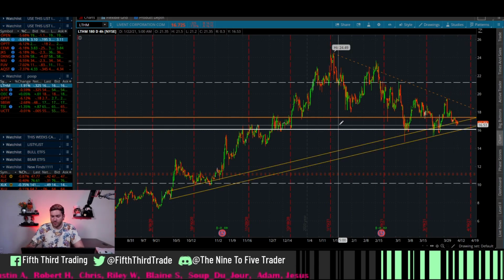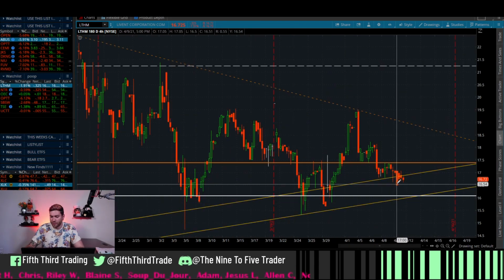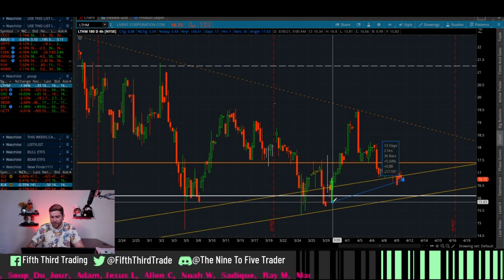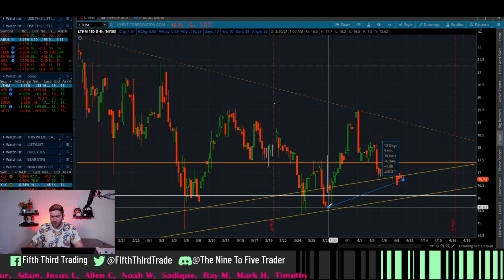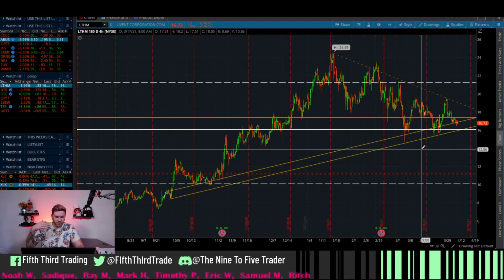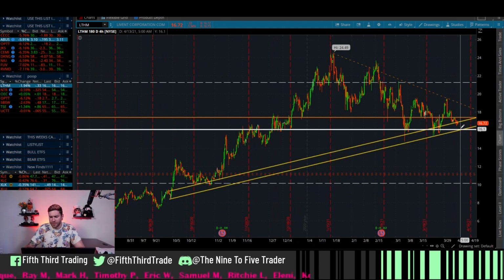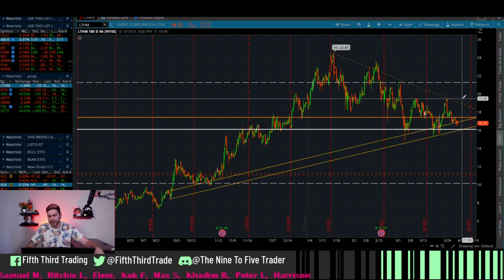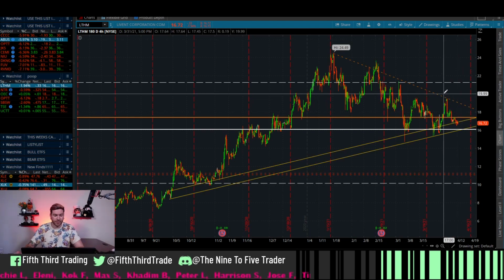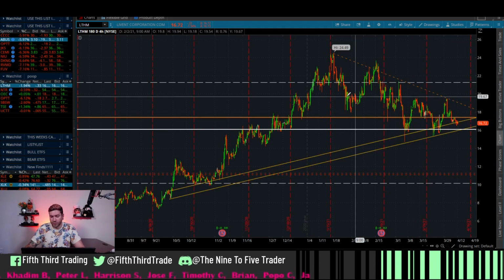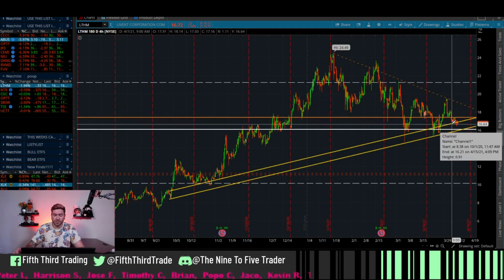If this does hold, I think the support is going to be the most important part. What's also going to be really important is that the price holds above either 15.83 or 15.62. If we can get down to this area and it holds and does well, we can see a lot of really good gains here. If it does hold, let's say hypothetically $16.10, we could easily see a 12-13% move. And if it does break out from here and has higher highs and higher lows throughout, it could be a fantastic trade. So LTHM, a beautiful triangle forming, a beautiful trend line, higher lows. I love to see it.